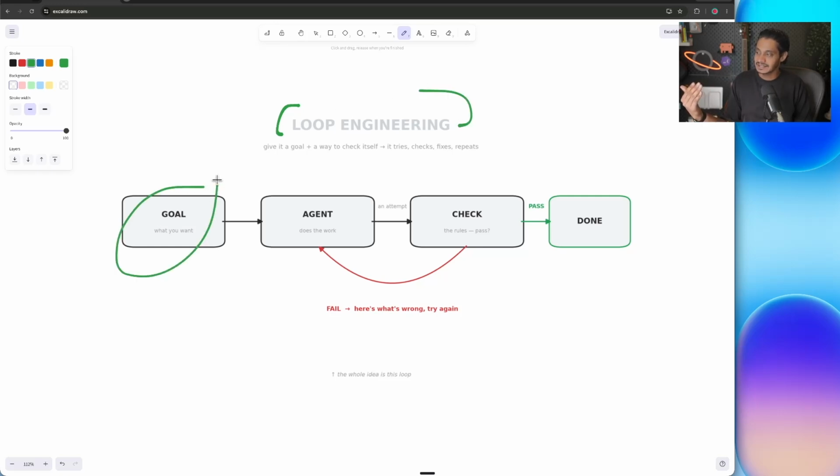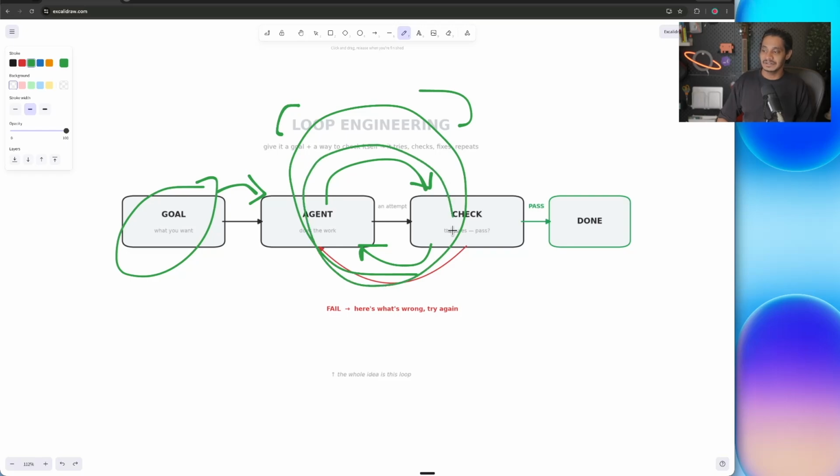So basically it starts with a goal. So you give an agent a goal. The goal could be something like book a flight ticket for me from Mumbai to Delhi and the cost should be under 7,000 rupees and the departure time should be between 10 a.m. to 2 p.m. Once you do that, the agent will get to work and it will keep checking its results until it actually reaches the goal, until it actually finds a flight which is under 7,000 rupees that goes from Mumbai to Delhi and departs between 10 a.m. and 2 p.m. So it kind of loops until it reaches the goal.